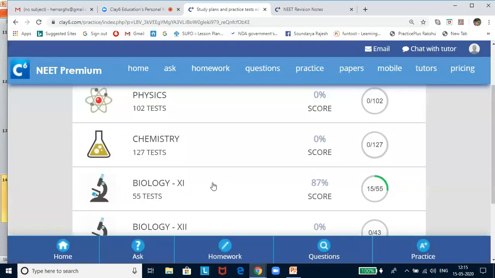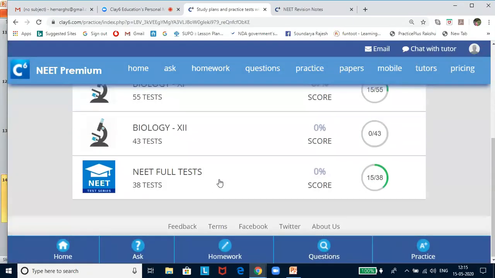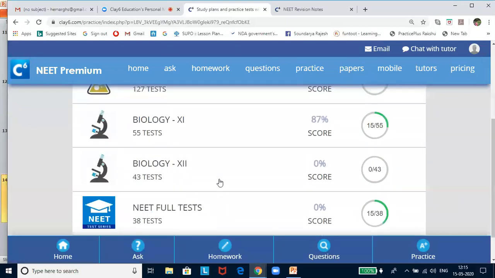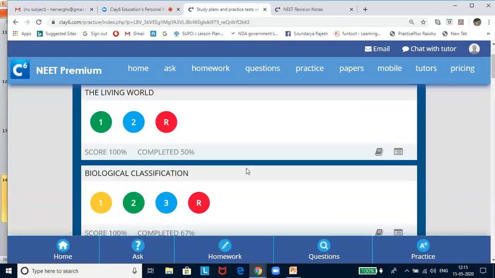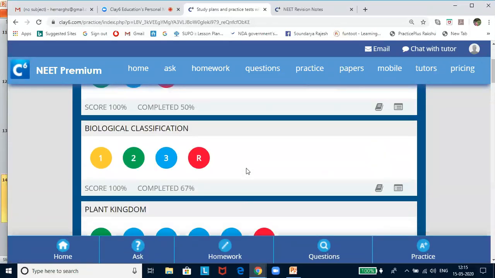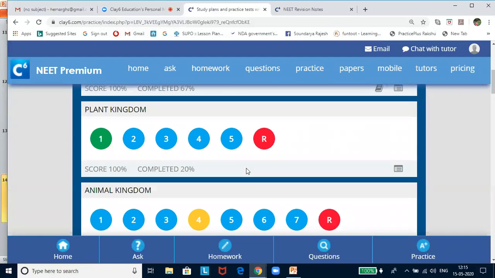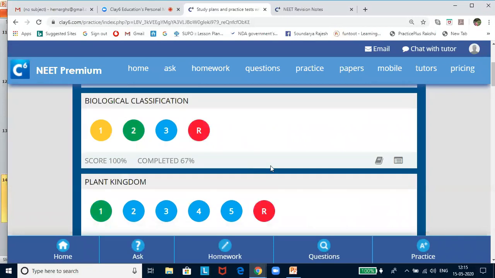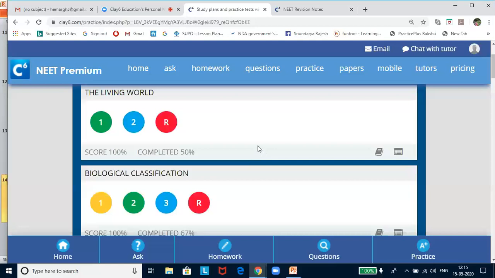And here you will find the subject-wise tests being given. So you will find a lot of chapter-wise tests. Let me click and show you in biology. Now every chapter has at least 2 to 3 tests. Here the tests are done based upon the importance of it in the NEET exams and also the complexity of the text. These tests will basically help you to understand and identify the key points in your textbook without any issue, so that very easily you can get your textbook at your hand.